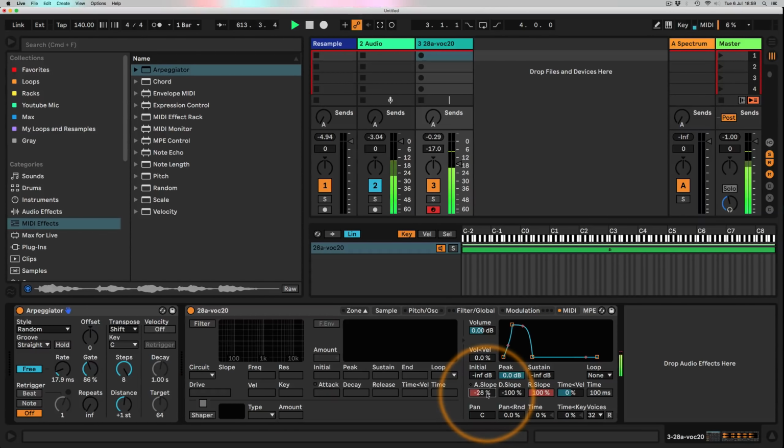So you can see as we play around with the steps and the distance here, what's happening is that when the arpeggiator receives a MIDI note, it actually adds more MIDI notes on top using the distance. The distance is the interval between the notes that it's going to add, and the steps is how many times it will do it. So what it's doing here is adding one note. If I put it up to 8, that's going to go chromatically from the starting note up 8 notes. So if I start the clip,